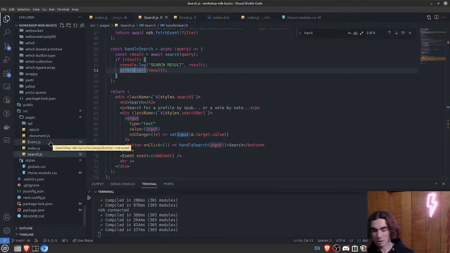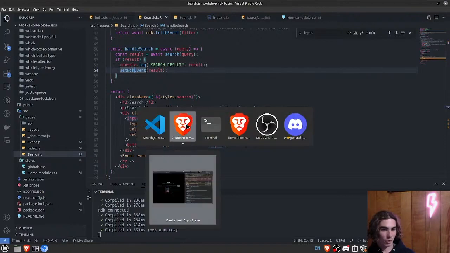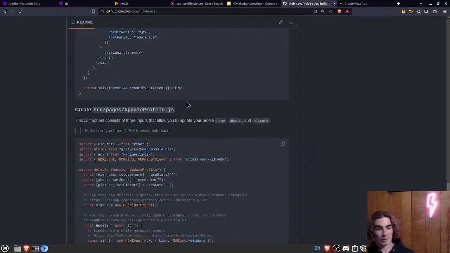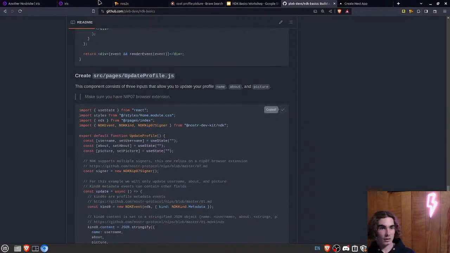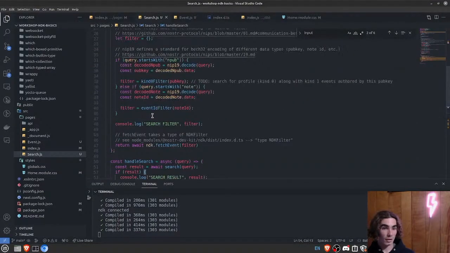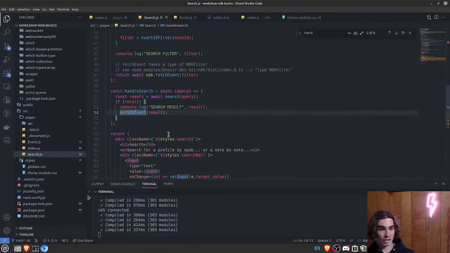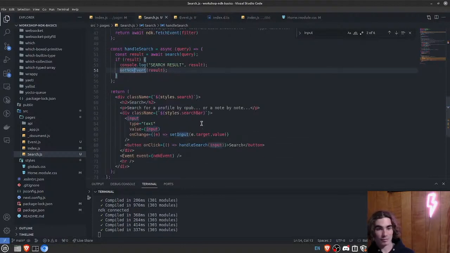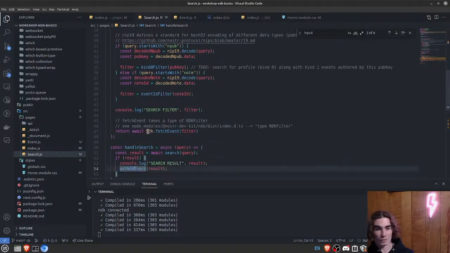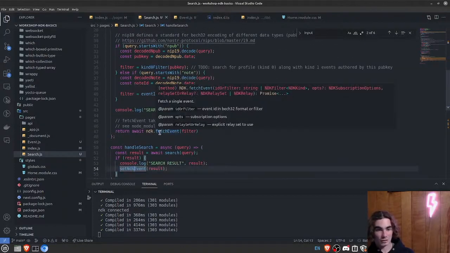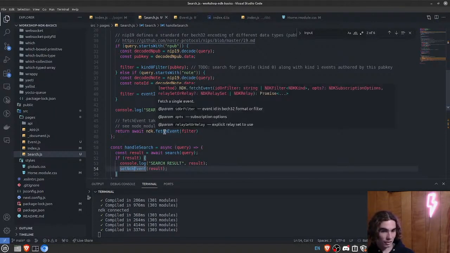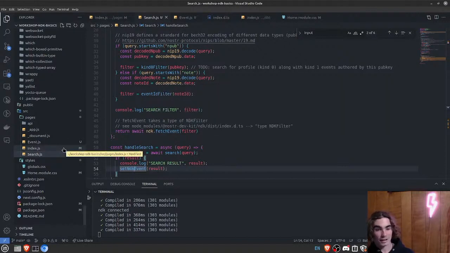So pretty much in an hour here, we just have one more piece, which is the ability to update our profile. All that we really did with NDK before was logic, making it so that we can set the inputs and have buttons to click. The only NDK function that we called was ndk.fetchEvent. And that's really what makes NDK special, is that you just have to call this fetchEvent function. You've already connected to your relays, and it just works,